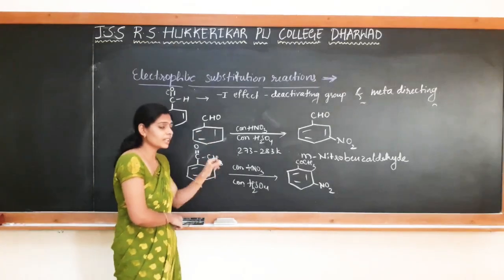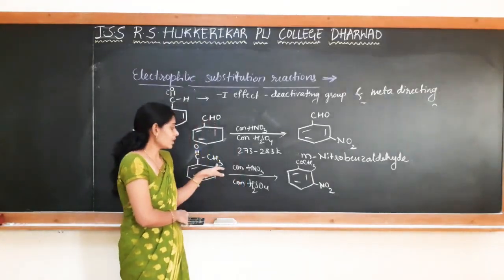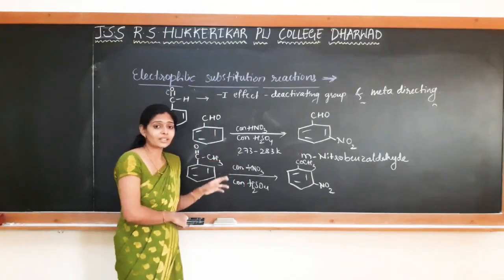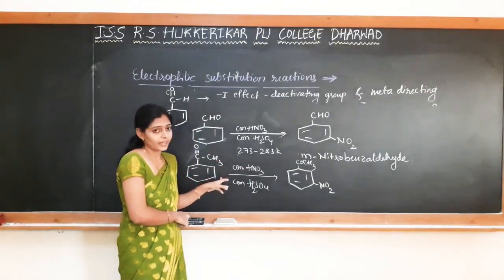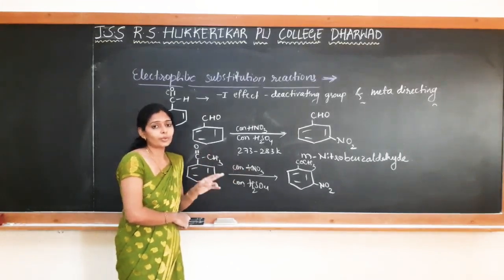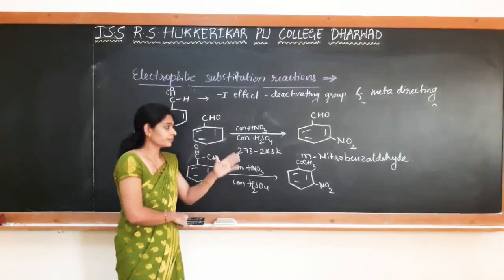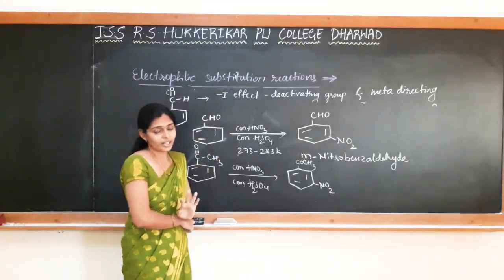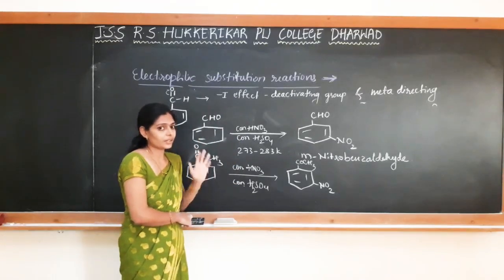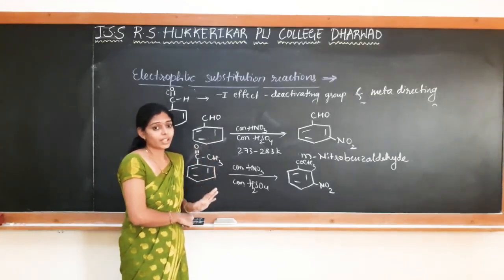So that's why we are not getting ring substituted products. If you want a ring substituted product, that is only possible for aromatic ketones, that is acetophenone, when it is treated with bromine in excess of anhydrous aluminium chloride. Only in that condition you will be having meta-bromoacetophenone. Other than that, all the reactions are side chain halogenation reactions. Ring substitution reactions are not that easy in the case of aromatic aldehydes and ketones.